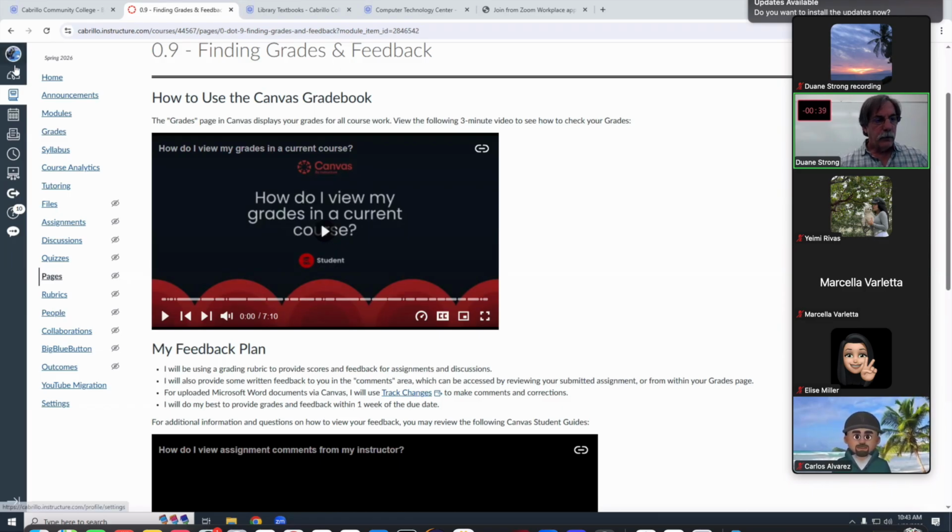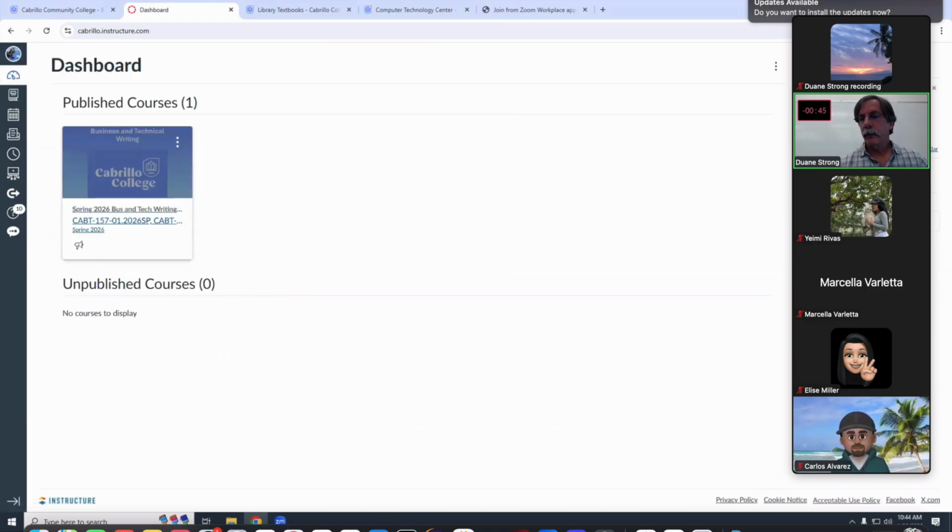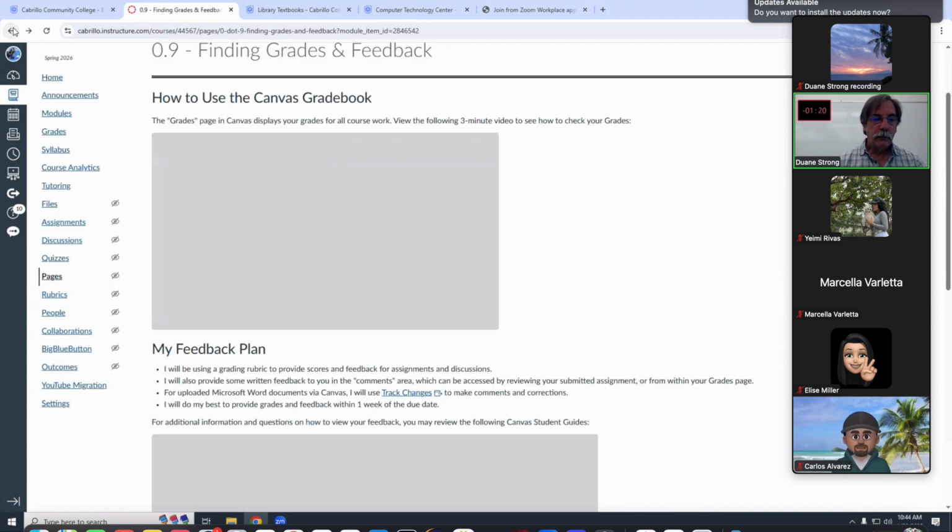I also mentioned, probably the most useful thing is if you go to your dashboard, you get the to-do thing on the right-hand side over here. At least for me, this will be true for all of your classes that you have on Canvas, all of them will be up here. It's like, this is what I need to do, this is coming up as far as due date. You have to go to the home, go to the dashboard thing, that little icon that looks like a speedometer. What I do as far as grading is I go to this and just work down my list, everything that people have turned in, and you can do the same thing too. That's a useful thing.